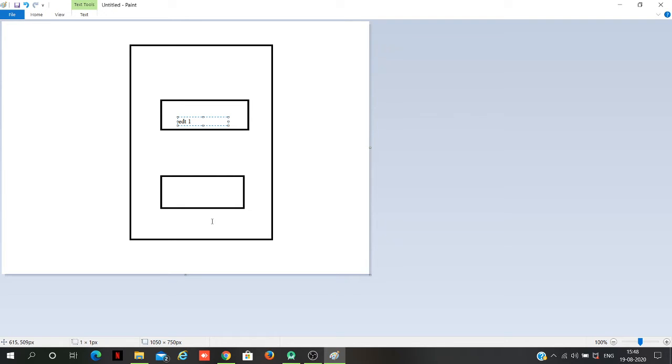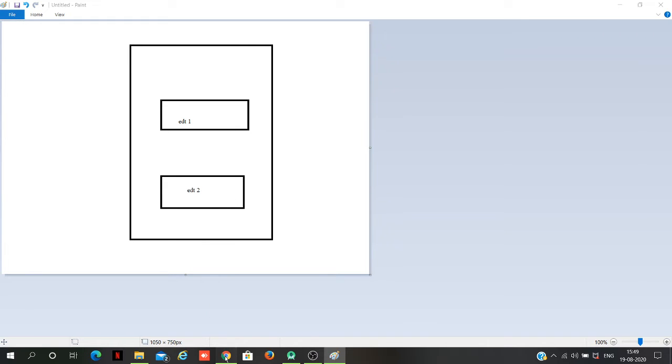EDT1, EDT2. Okay, now when I say I want my edit text 2 to be below edit text 1, in this scenario edit text 1 will be working as the anchor view id. So the property I'll be giving to edit text 2 tells it: I want you below edit text 1. For that we'll be using the property layout below.